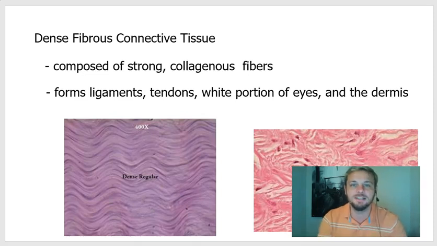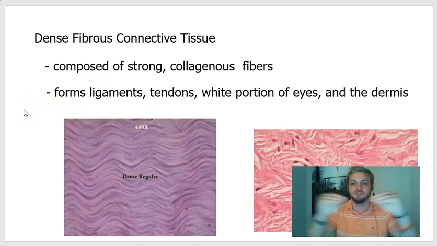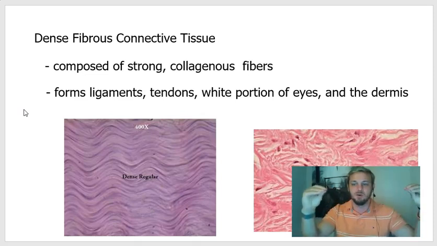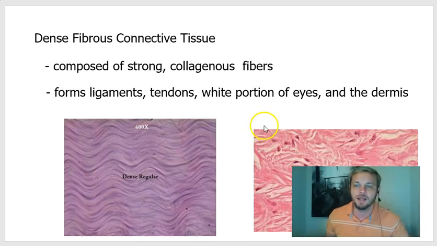And then onto your dense fibrous connective tissue. Lots and lots of collagen fibers in these. They're very strong. Your dense regular is going to be forming your ligaments and tendons. They are able to take a lot of compression strength or tensile strength. They can pull or take a lot of energy in one direction. Whereas you'll find your dense irregular,